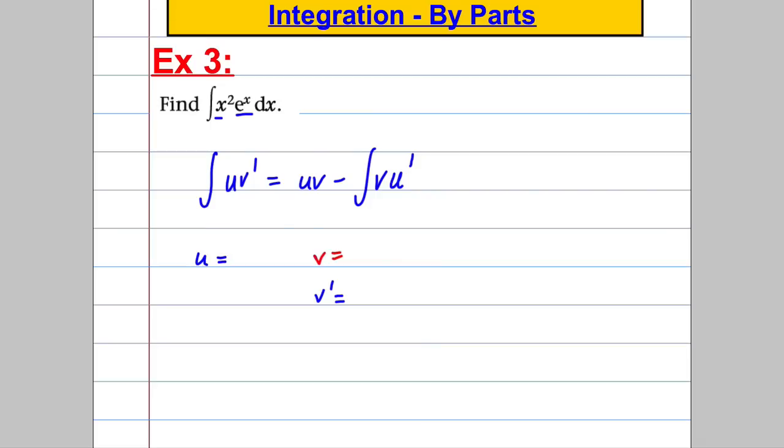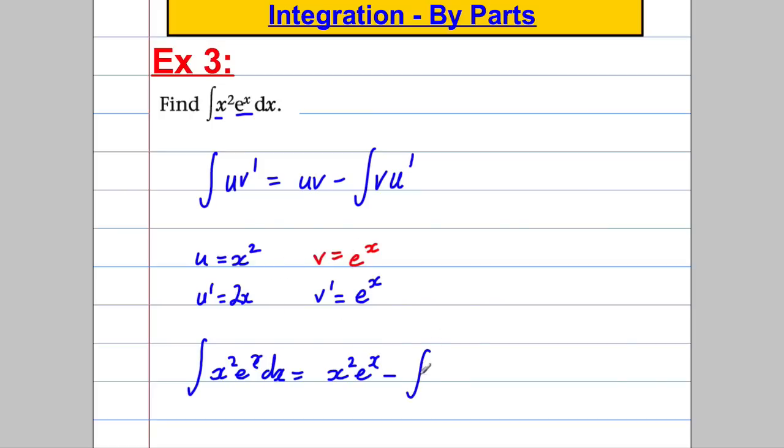So what I'm going to choose is my e to the x to be v dash. So that's e to the x, and if I integrate e to the x, I get e to the x. So my u is going to be x squared, so my u dash is going to be equal to 2x. So let's apply this formula. The integral of uv dash, which is x squared e to the x with respect to x, is going to be uv, so it's going to be x squared e to the x, subtract vu dash, so these two, subtract the integral of 2x e to the x with respect to x,